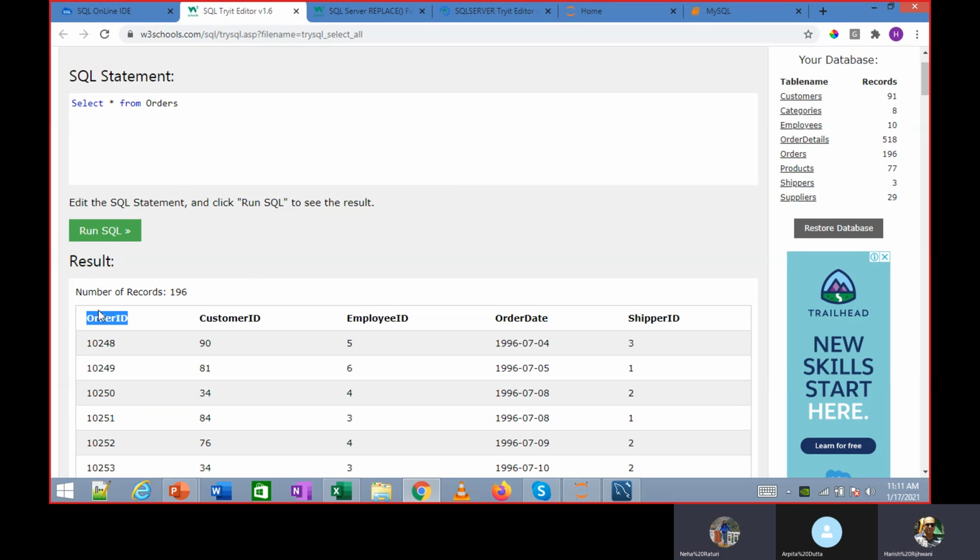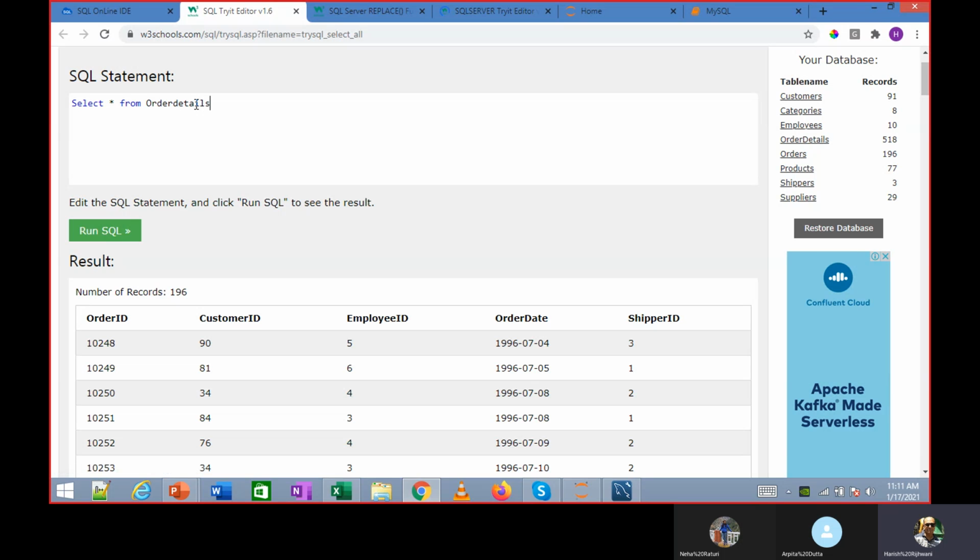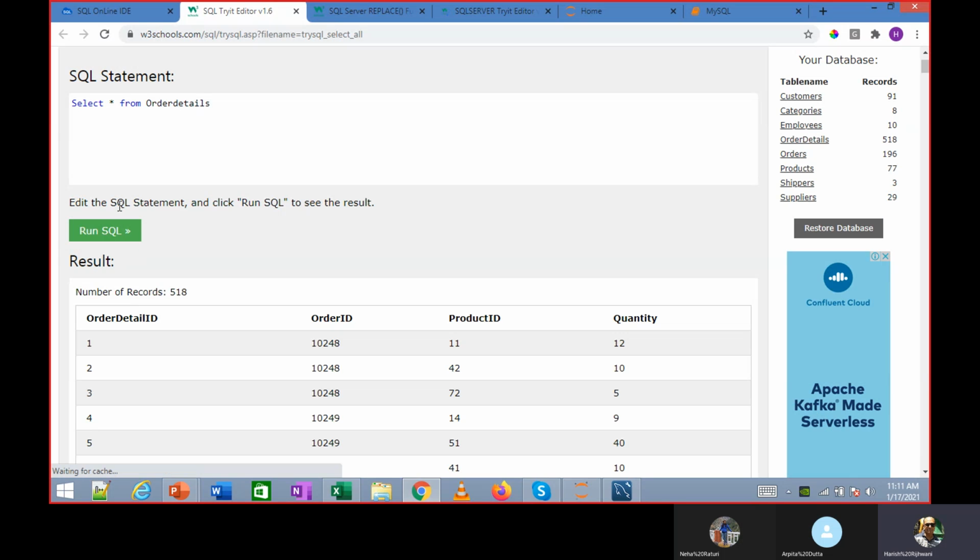Yes, think of it in that sense. You need something to reference it. And if I check order details, I also have an order ID over here. I want to match both those order IDs.